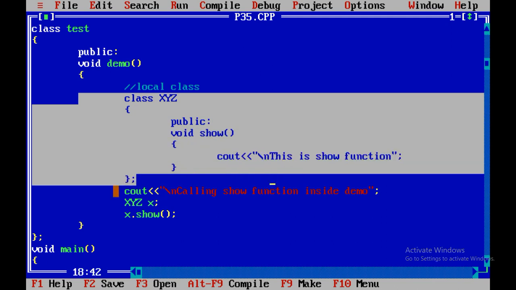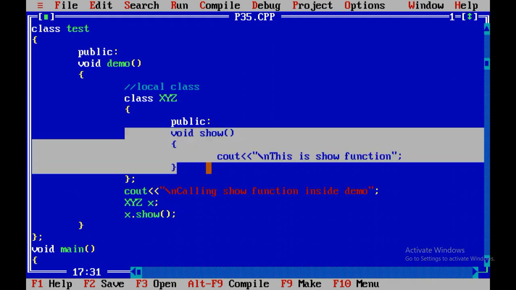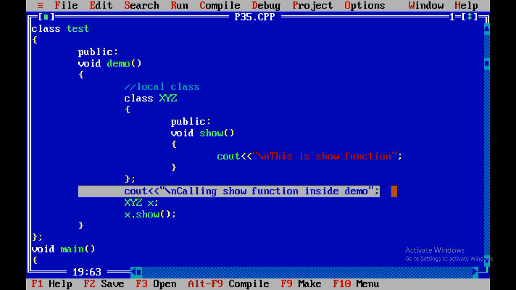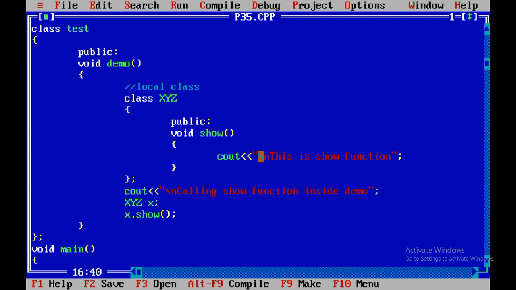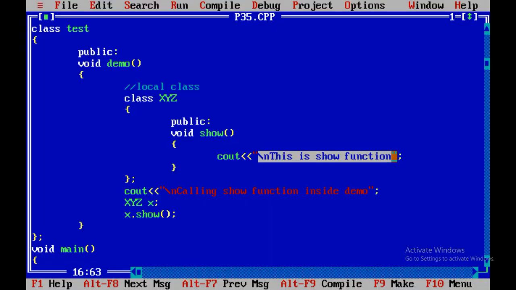First of all it will print calling show function inside demo. After that it creates the object of xyz class, and then you will get the output x.show, that is, this is show function. So our first line is calling show function inside demo, and the second line is this is show function. In this way the program is executed.